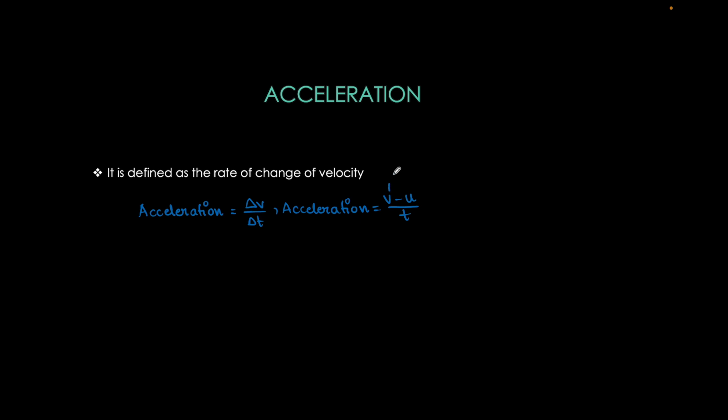So what is v here? V stands for final velocity. U stands for initial velocity. And t is obviously time. So this is the formula for acceleration. It basically tells us the rate of change of velocity, meaning at what rate the velocity is